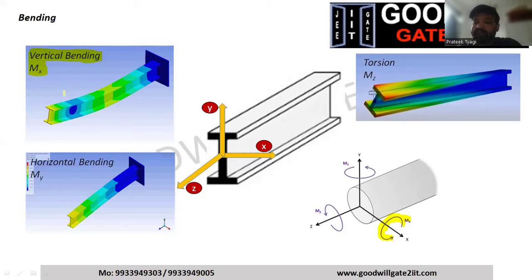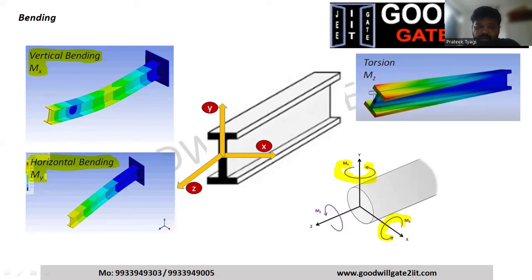Now, next point, if you apply a moment about the y-axis, now you imagine this. Don't worry about the directions. We will see later. If you apply a moment like this, what you're trying to do is bend your beam in the horizontal direction, and hence this will give rise to horizontal bending. So horizontal bending is one in which your beam moves left and right. The moment is applied about the y-axis, and hence